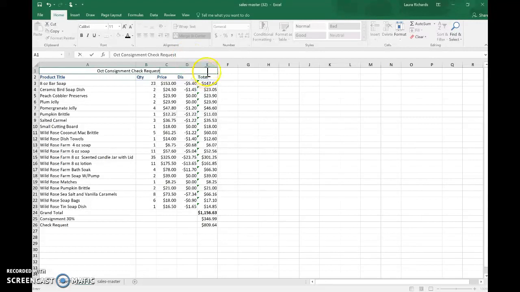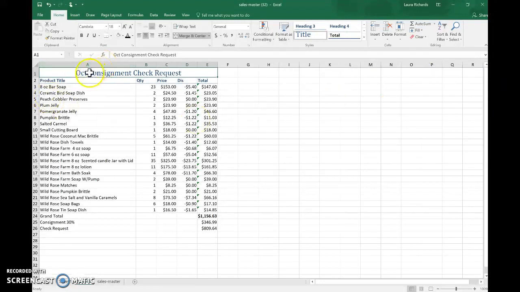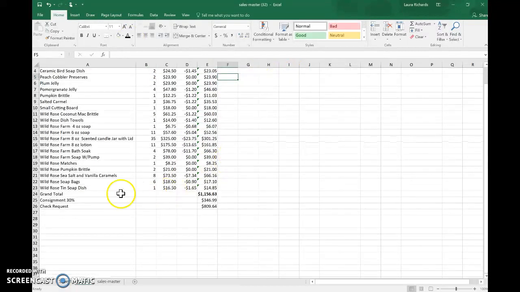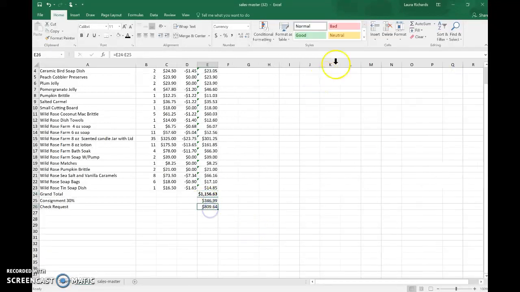Okay, and then I usually toggle back over to styles and I make that the title, usually October. Okay, and this really lays out, I very much like to do totals. Check request amount would be a total, formatting. So just make